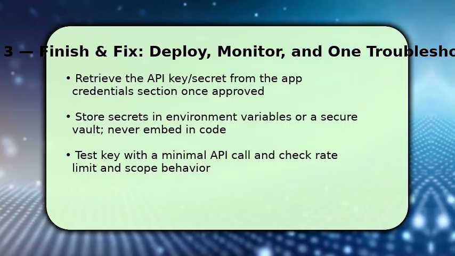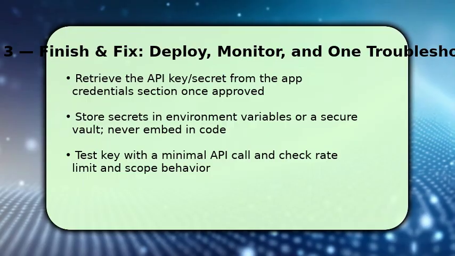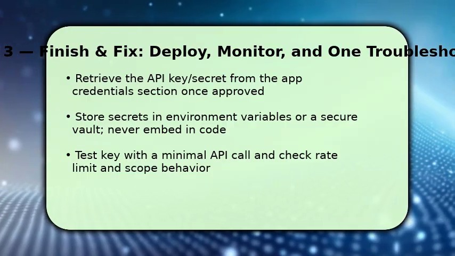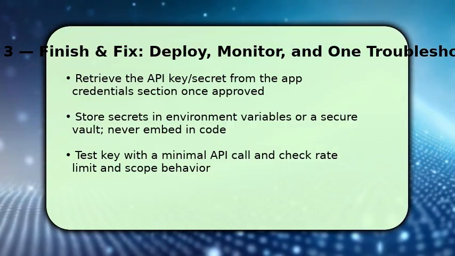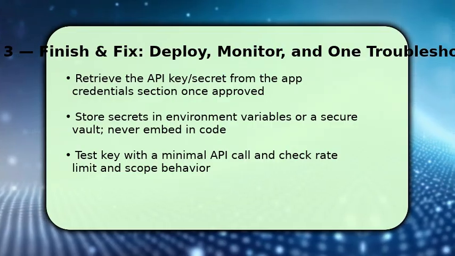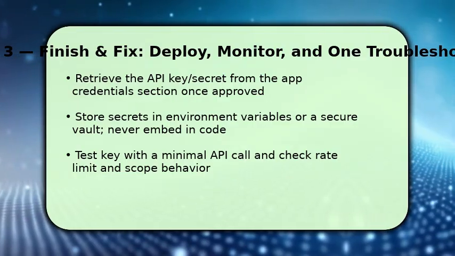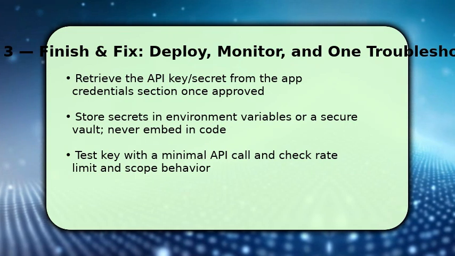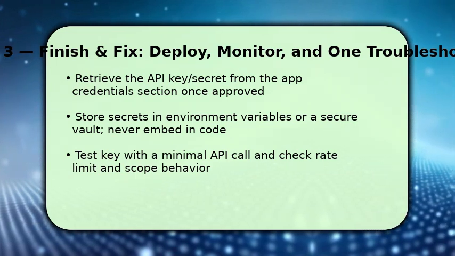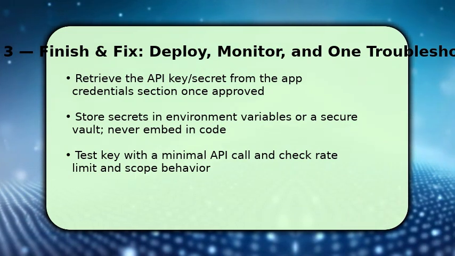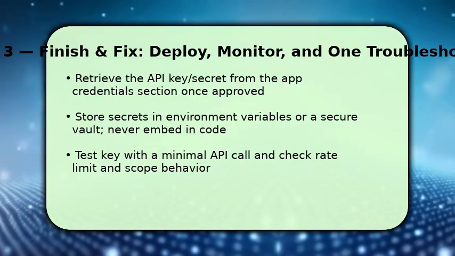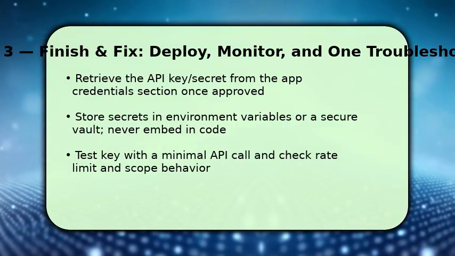Once stored, run a simple authenticated API call to confirm access, check response codes, and verify rate limits and scopes behave as expected. If the key fails, revoke and regenerate only after confirming redirect URIs and scopes. Troubleshooting tip: if authentication errors persist, clear cache tokens, confirm server time sync, and